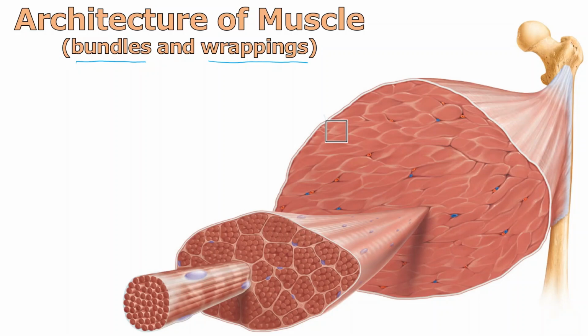So let's start it off with saying that connected to a bone is a tendon. I can write it T-E-N-D-O-N. A tendon connects a muscle to a bone. Remember, a ligament connects bone to bone, and an aponeurosis, which we will see in future talks, connects muscle to muscle. So if you go out from that tendon, as it gets to the actual muscle, the big chunk